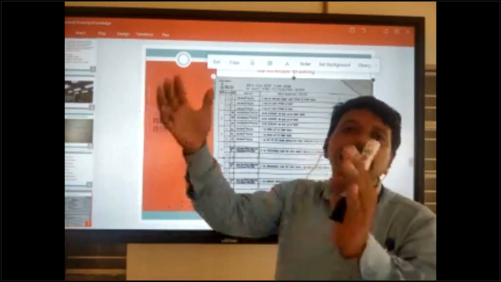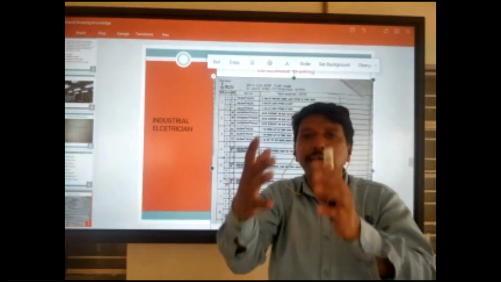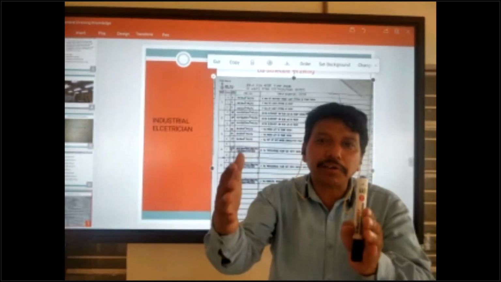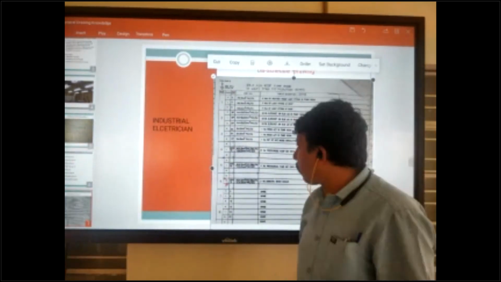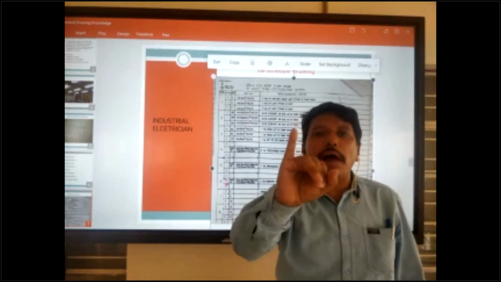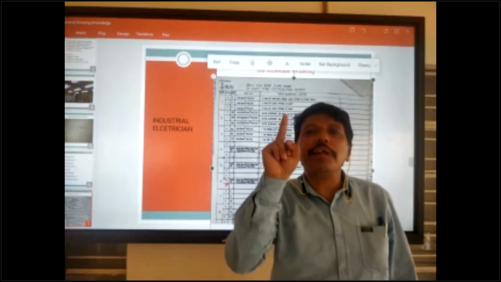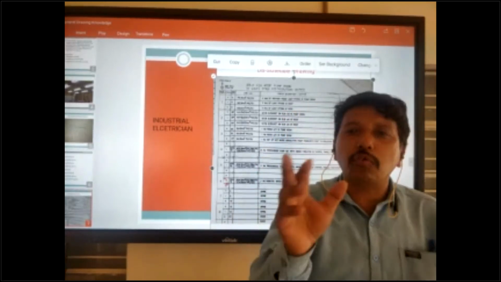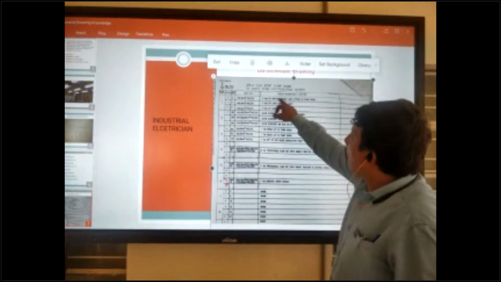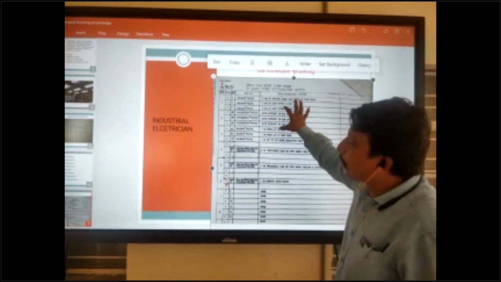Our socket is a different wiring, not together, not combined with each other. Okay, so lighting goes separately and the power socket is a separate circuit, coming separately. Because for the power socket we use 4 mm square in standard wiring, and for lighting in standard wiring we use only 2.5 mm square. So this is separate. And next one is how many lights and the equipment name, where it is going. This is the load quantity.